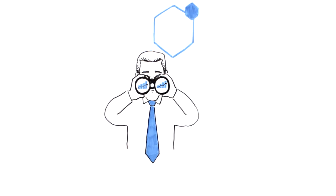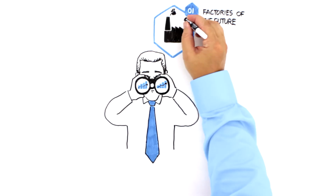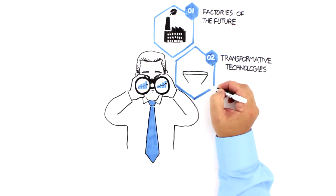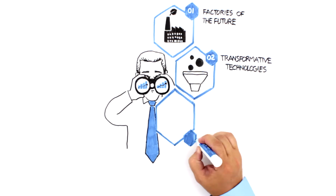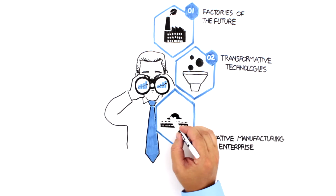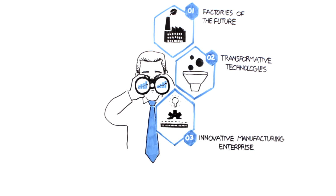First, factories of the future. These IP-enabled factories replace complex integrations with smarter, faster, simpler plug-and-play systems. Second, transformative technologies. Big data, shop floor analytics, self-learning, connected machines, and 3D printing improve operations and profitability. Third, collaboration. In order to create next-generation products, companies must integrate and collaborate across the value chain: employees, partners, suppliers,